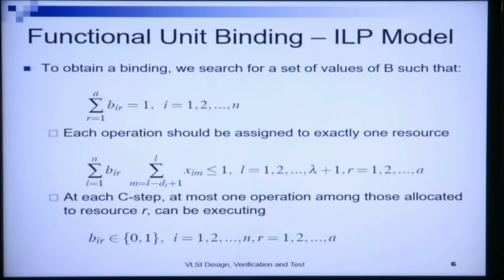And the third constraint says that these decision variables are binary, they can either take 0 or 1. Using this ILP model, we will be able to get an appropriate mapping of the resources to the operations. Thus, with an understanding of the basic ILP model for resource sharing and binding, we come to the end of module 1 of lecture 6.